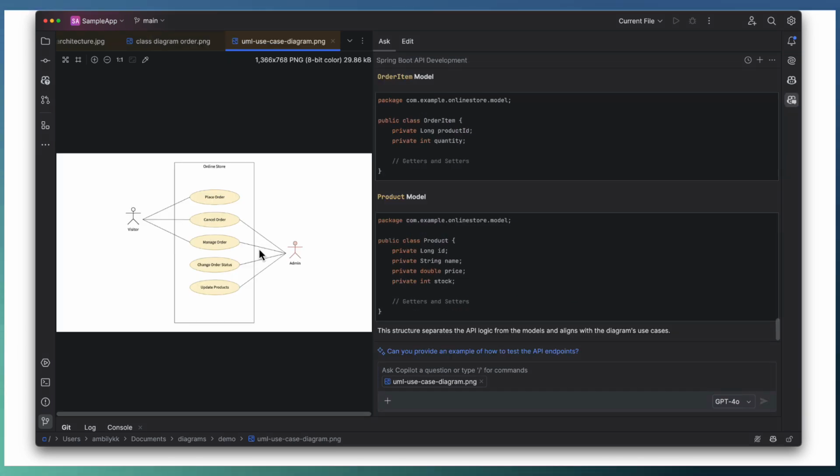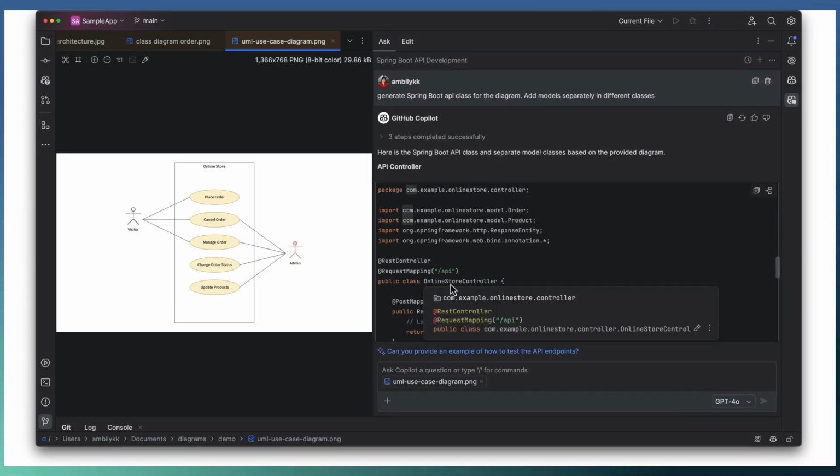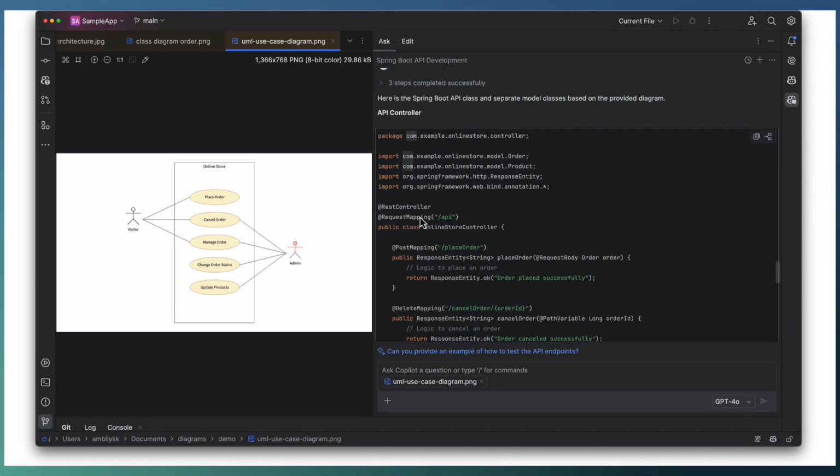So this is our use case diagram. We have an online store application with two actors, visitor and admin. Admin has access to update the product and change order status. Visitor can place an order, cancel and manage an order. In the API controller, it is a Spring Boot API with proper routing on top.